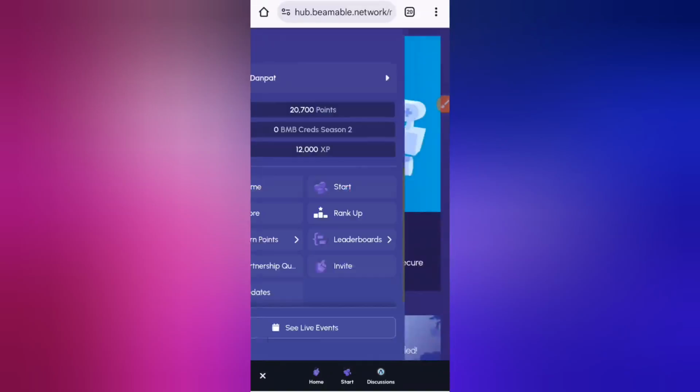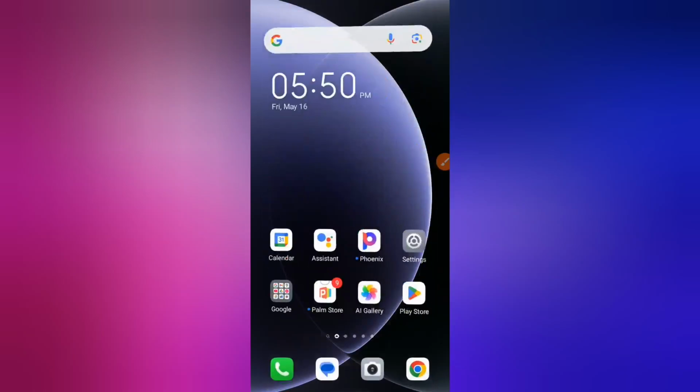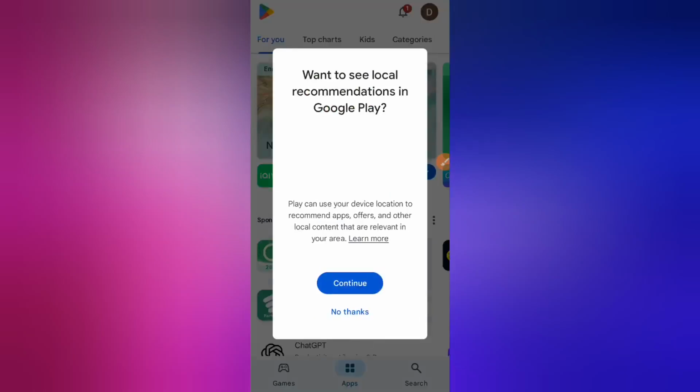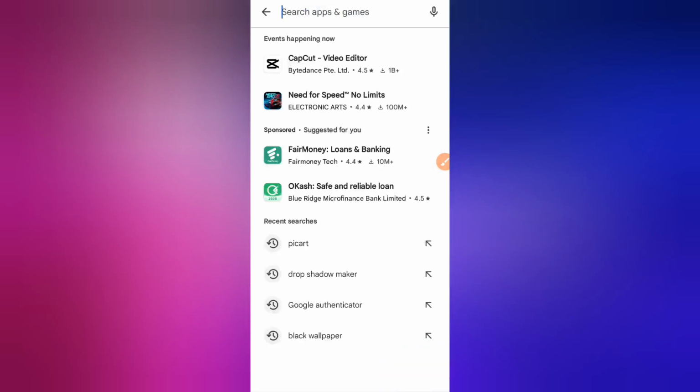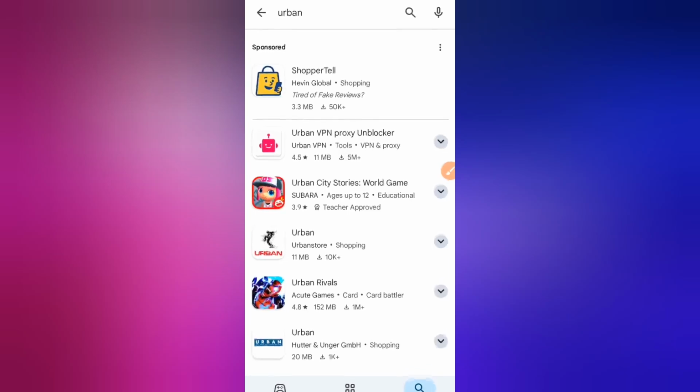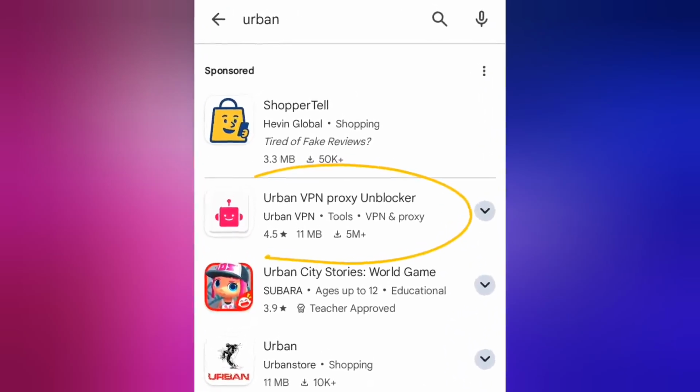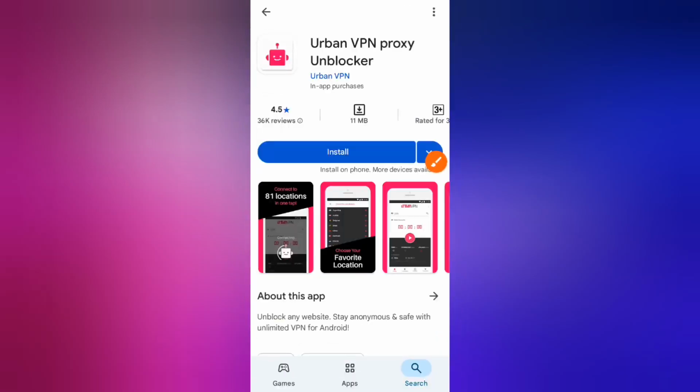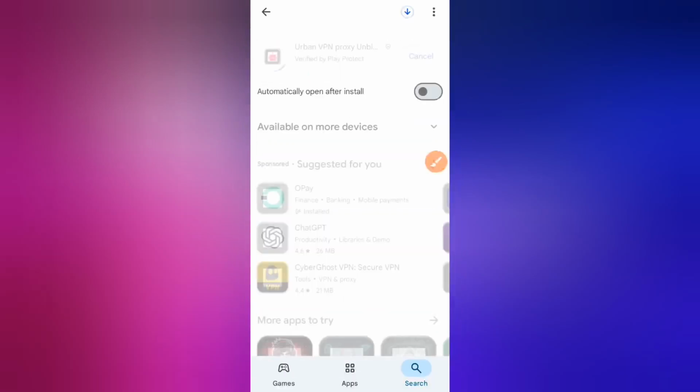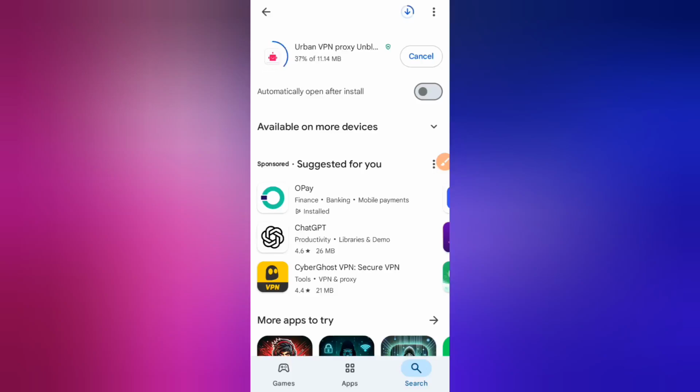So what you're meant to do right now is to go over to Google Play Store. Just open up your Google Play Store app. Now click the search bar right here and search for Urban VPN. Okay, so you're meant to use a VPN, and the VPN you're meant to use is this very VPN right here, which says Urban VPN Proxy Unblocker. Now you're meant to install this right now. Of course, if you're using an Android device, you're going to see this on your Google Play Store. I don't know for Apple device because I'm not an Apple user, but you might want to go check that